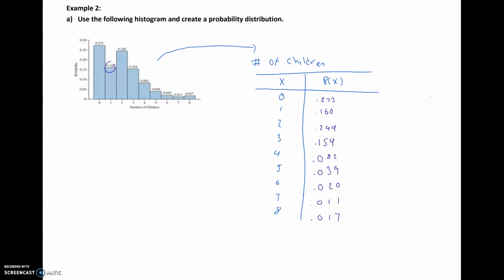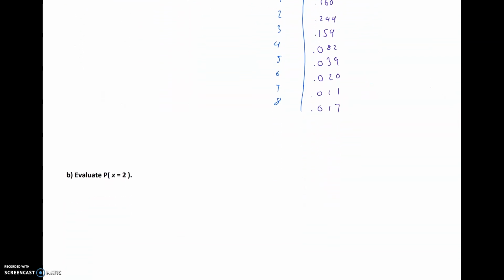Let me check the values, but I think we're matching on all of them. You're pairing up pretty much each of the x's, which represent number of children, with the probability given on each of the events. For the second portion, they just want us to evaluate the probability that a subject is going